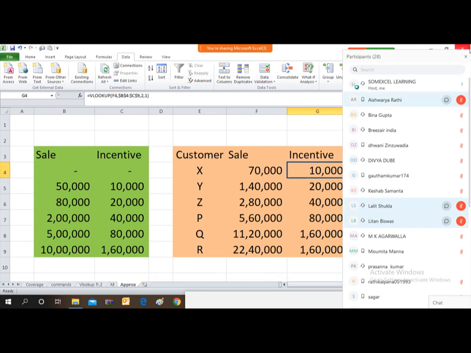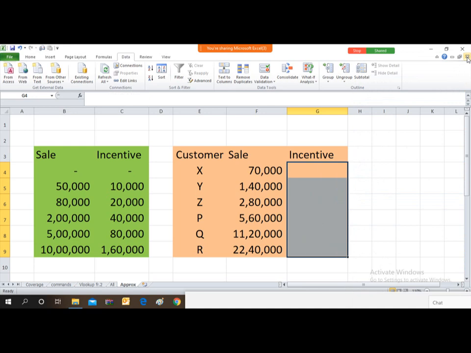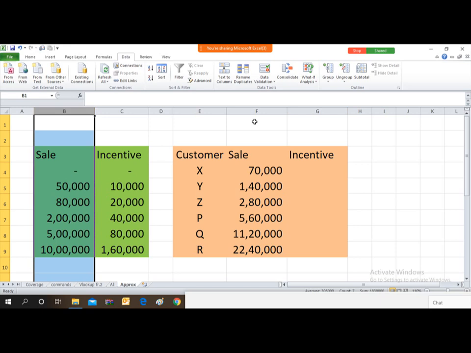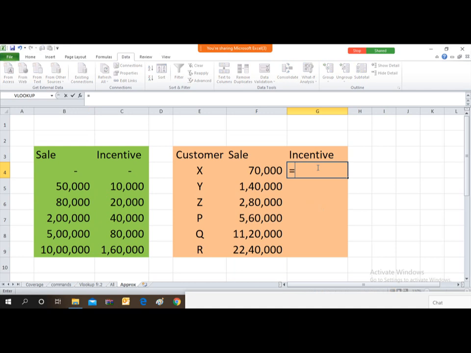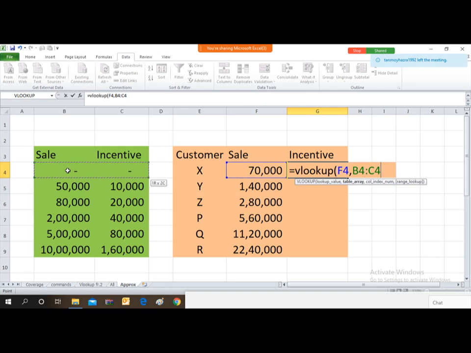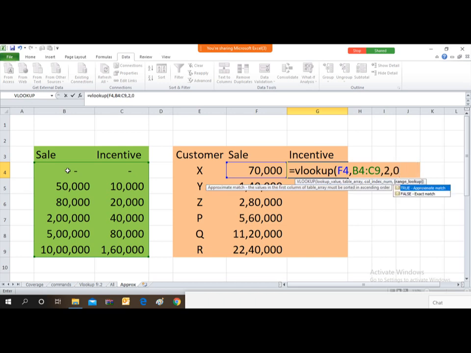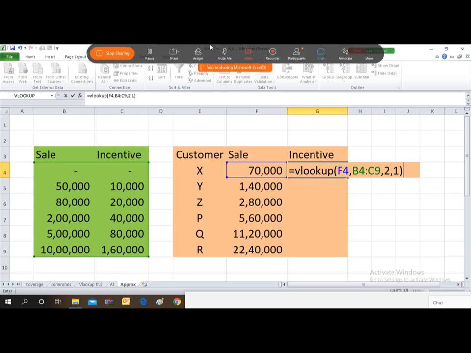यहाँ पे जहां हमने 0 प्रेस किया था उसकी जगह 1 प्रेस करना है आपको. और इसका first condition is that your lookup value in both the database shall be in ascending order. So here just I'll type VLOOKUP start bracket and lookup for this 70,000 comma. फॉर्मूला हमने यहाँ पे जस्ट टाइप कर लिया, कॉमा कॉलम नंबर 2 कॉमा 0, सॉरी नॉट 1. 1 is for approximation match and then press enter.